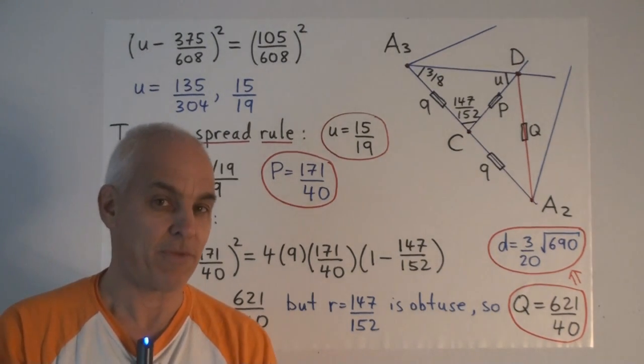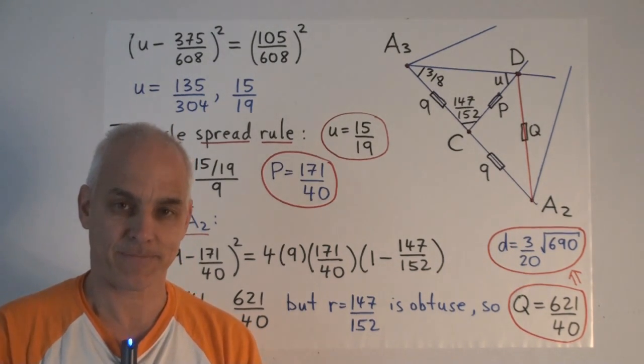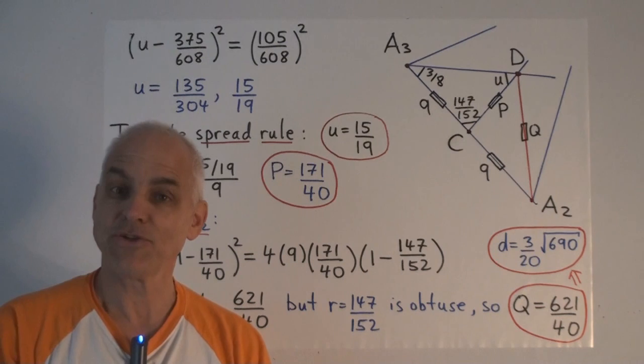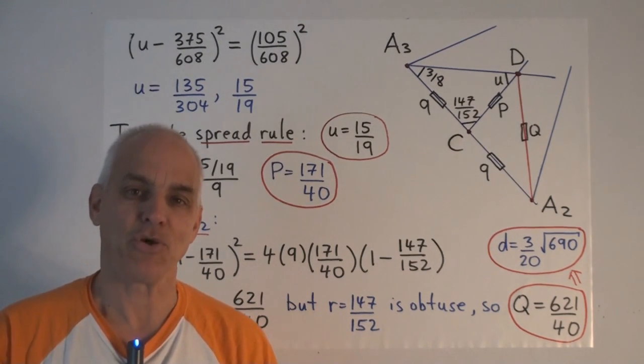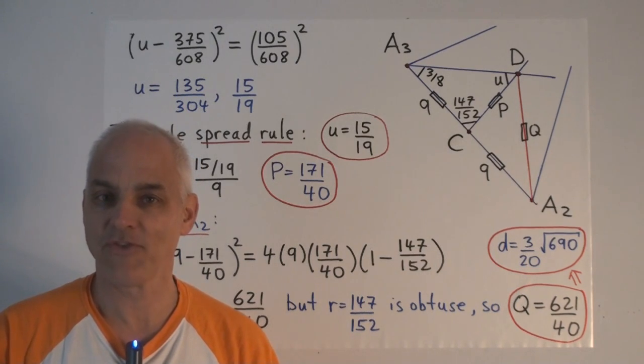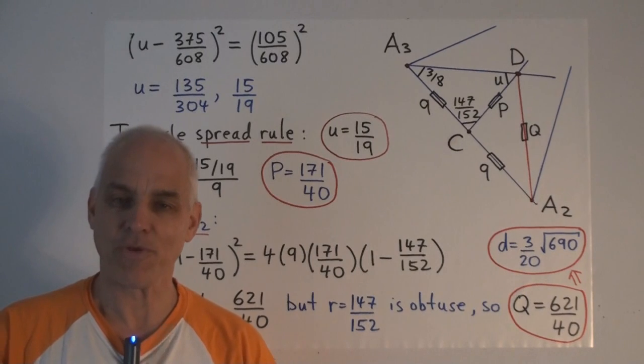So that's our first problem. Quite a lot of different aspects of rational trigonometry figuring in that. There's also another way, quite a different way of solving this problem. And next time I'm going to show you how to use barycentric coordinates to give a simpler derivation of this answer. I hope you'll join me for that.